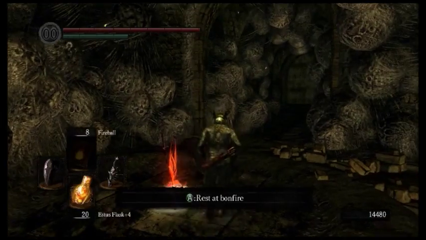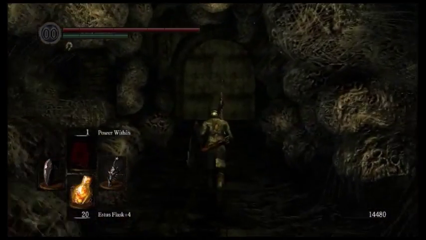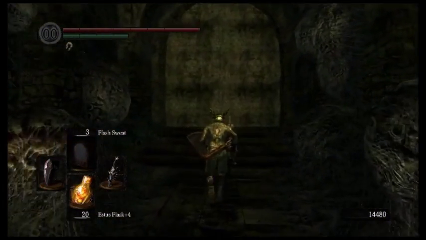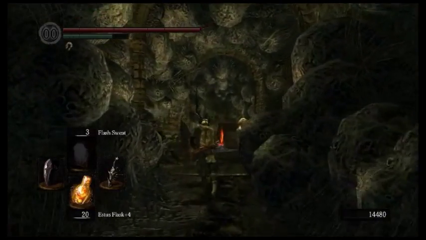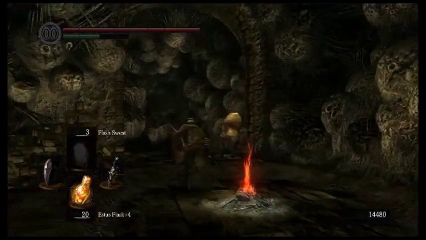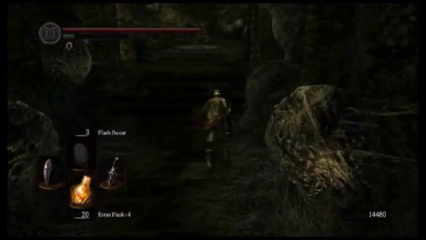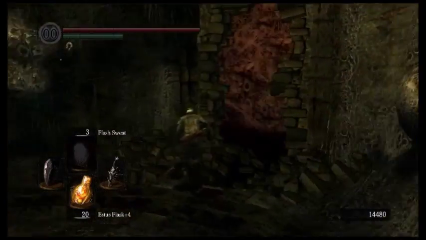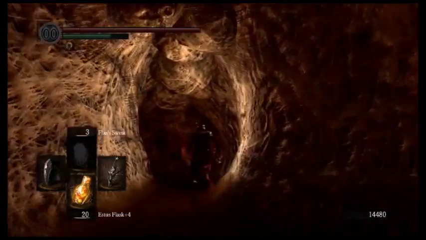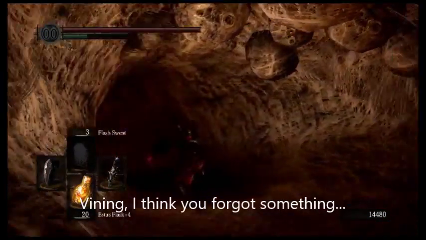Alright. And so I got Flash Sweat, Iron Flesh, and Power Within. Flash Sweat is the main one I'm going to be using. Got 20 uses of my Estus Flask thanks to Firelink Shrine. Now, let's head towards the boss. Head out of Quelaag's domain. Actually,